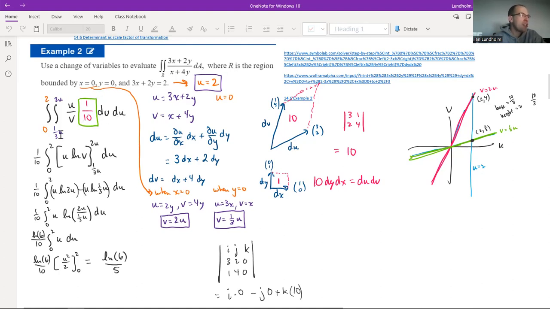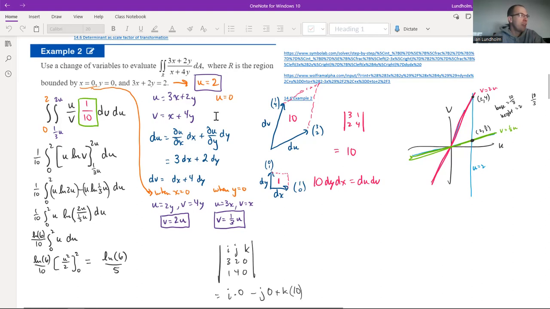And after doing that and changing the bounds to appropriately match, we come up with these boundary considerations. When x is equal to 0, that would mean that u is equal to 2y, v is equal to 4y, and that v is equal to 2u. And so there would be some considerations to be made for in what order we want to integrate. But since this is the shape that we're integrating over,